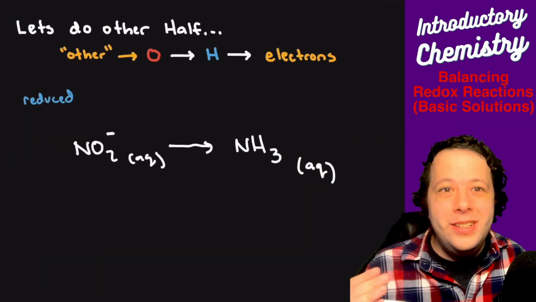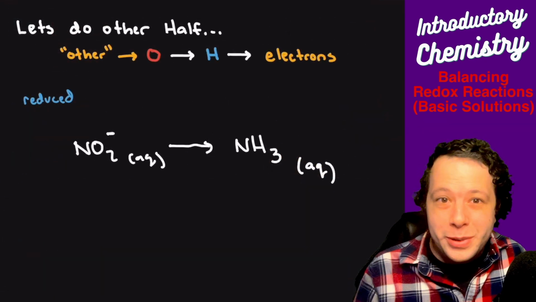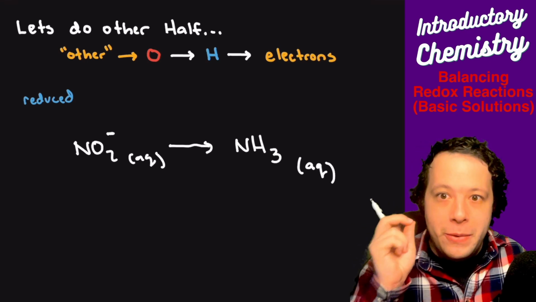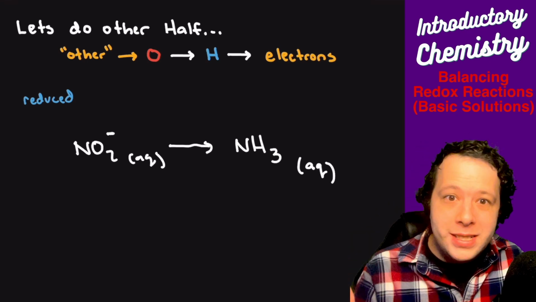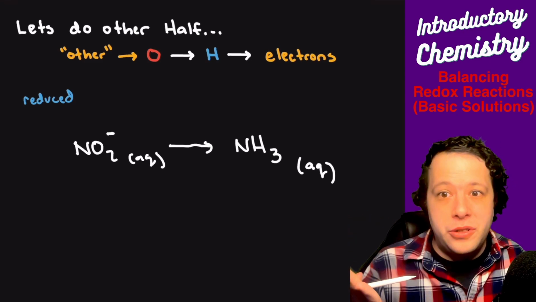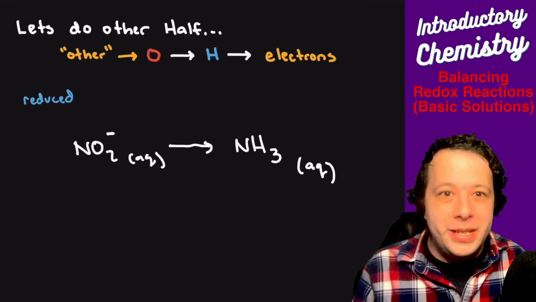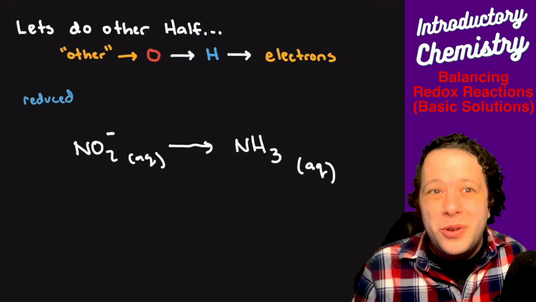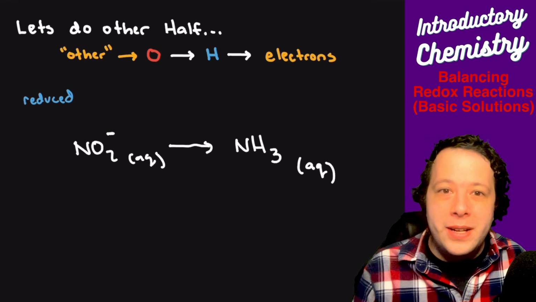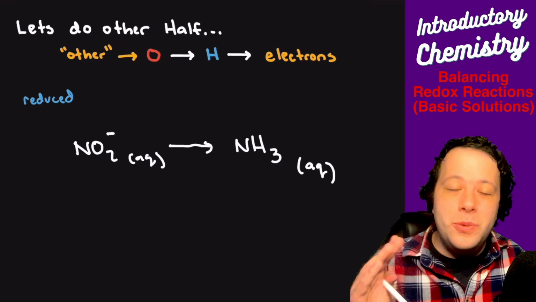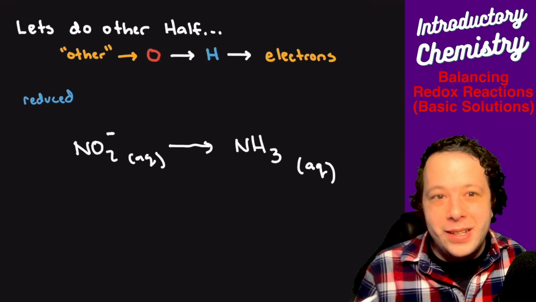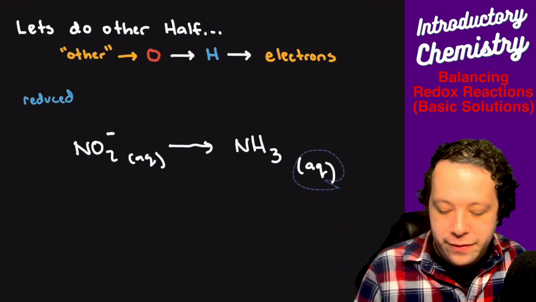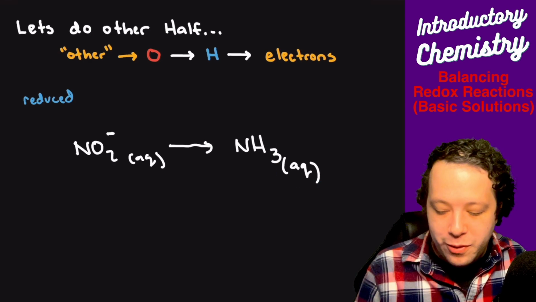All right, so we're going to do the other half of this reaction, but a little bit quicker, so that you can try to remember the order for when you're going to do this. This is where I'd recommend maybe pausing the video and seeing if you can do this half reaction on your own and then watching my explanation of it. So the first thing, what are we going to do? We're going to balance the other atoms. So what do we have? We have nitrogen as our other atom in this case, and it's already balanced. So we have a little bit of an easier problem for ourselves.